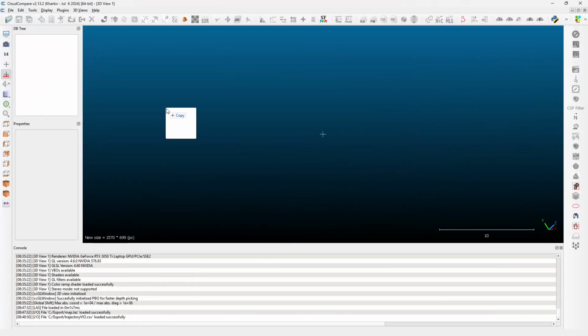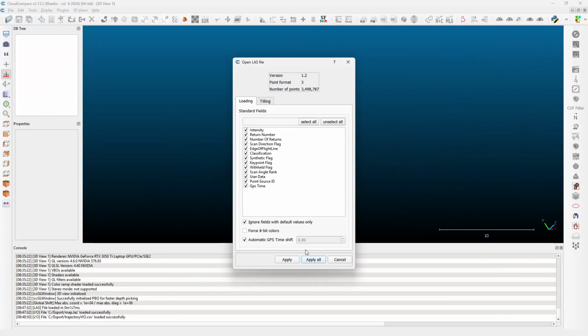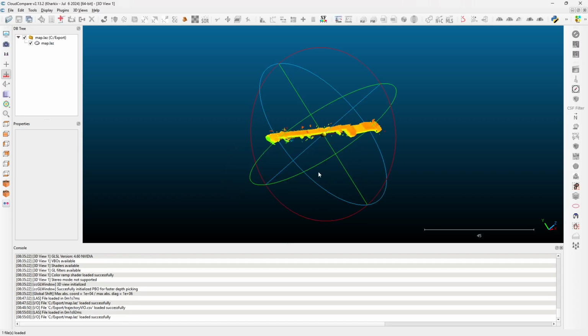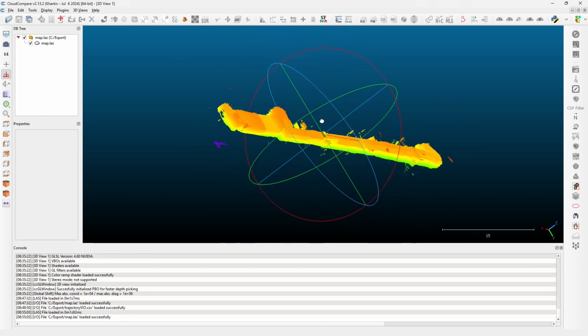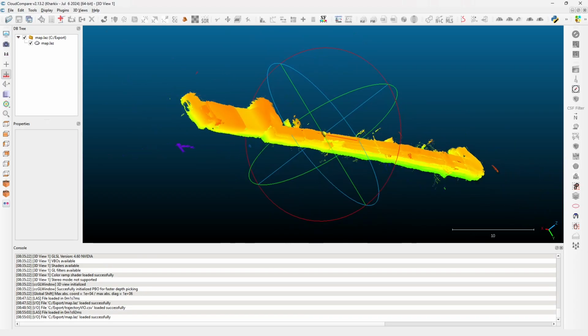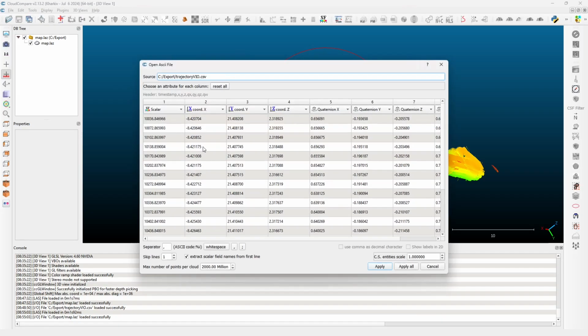I drag the map here and click on the apply all. And as you can see, this is our point cloud. Now I can also drag the trajectory here. And the first column, of course, is the timestamp, so I can just safely ignore it. Then I have X, Y, Z, and